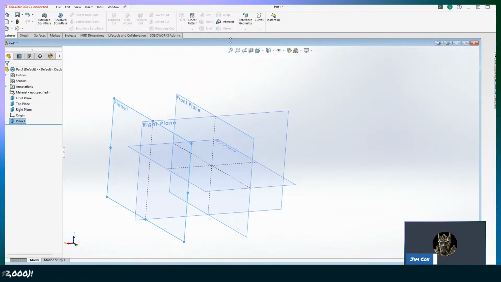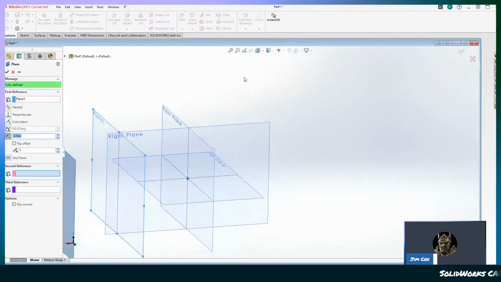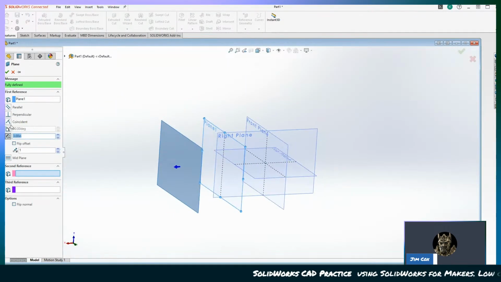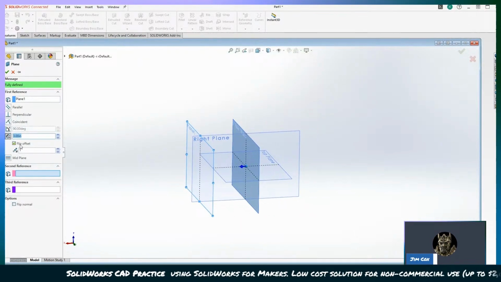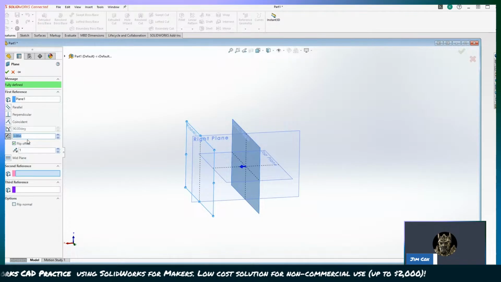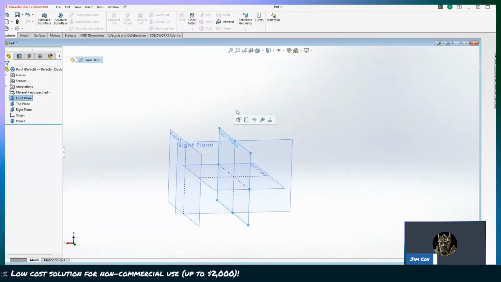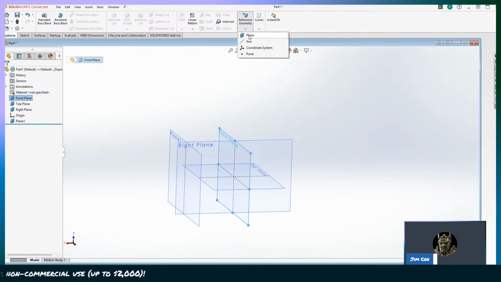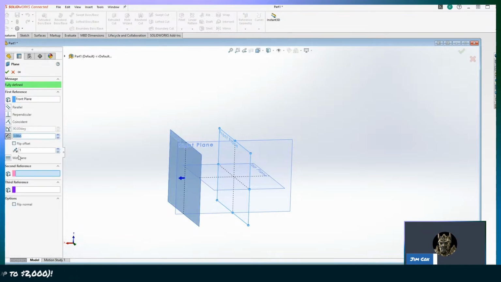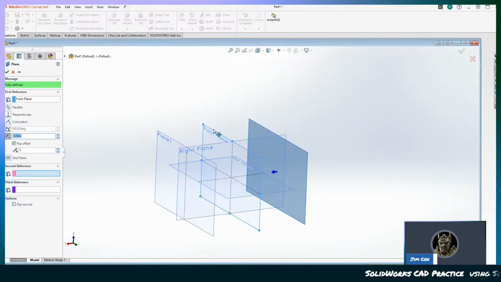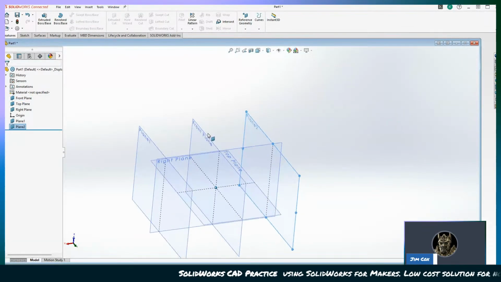Boom. Let's create another one. Start with flip offset. Actually, let's create it from this one, but the opposite direction, just so they're both created from one main plane. I don't think it's important, but